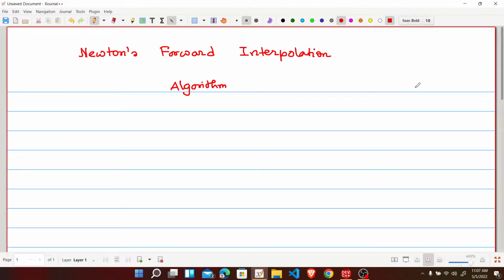As you know, the Newton's forward interpolation is for the equal intervals. So, what is the algorithm at first? At first, read